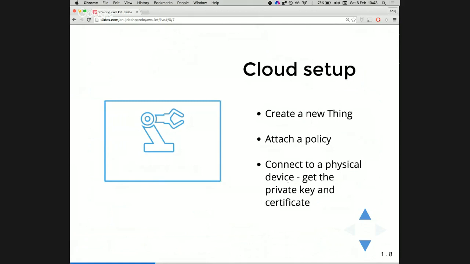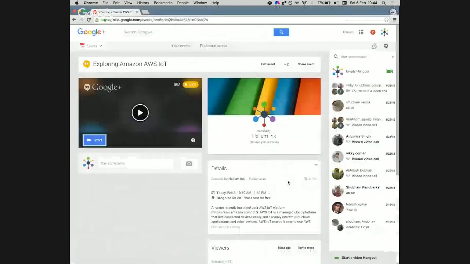So let's say I have 10 different kinds of consumer appliances, and I want to do an action on a particular type, one out of those 10. So all of those devices will be attached to a particular policy type. And when I make changes to that policy type, it will get reflected everywhere. Plus, it also has other credentials like who has access to this particular device and all of those things. That is part of the policy.